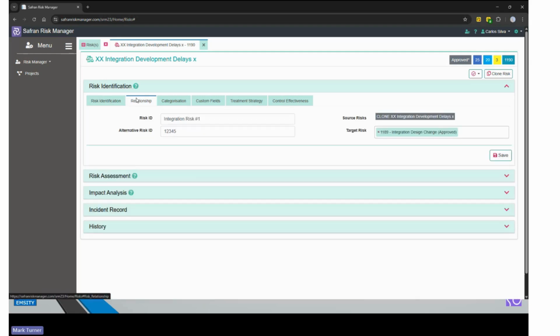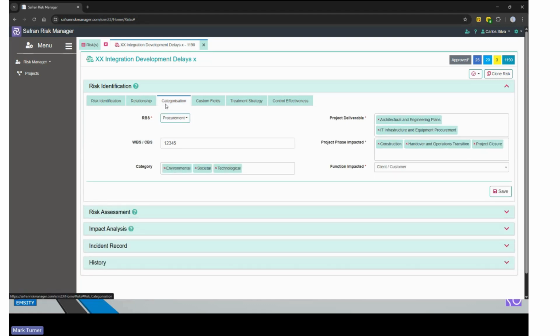Okay, we've got the ability to say, how does this risk affect other risks within my register? This is the relationships. We have the ability to categorize it against things like the risk breakdown structure, the categories. I mentioned at the beginning that we have objectives on the project, and those objectives will have deliverables, so we can tie the individual risks to the higher level objectives. We also understand that the projects move through their life cycle phases.